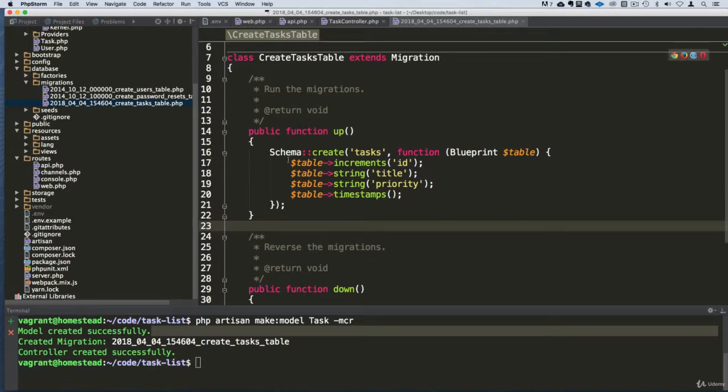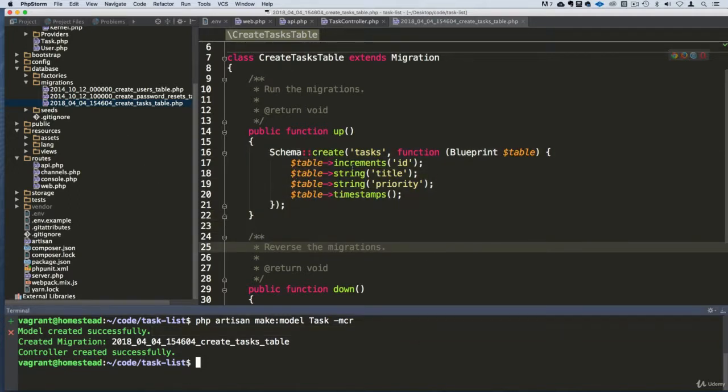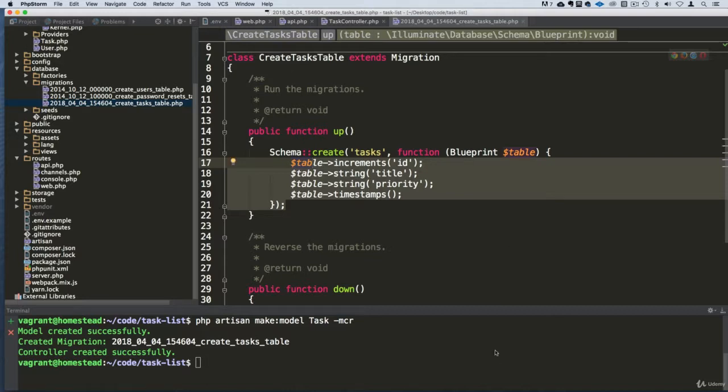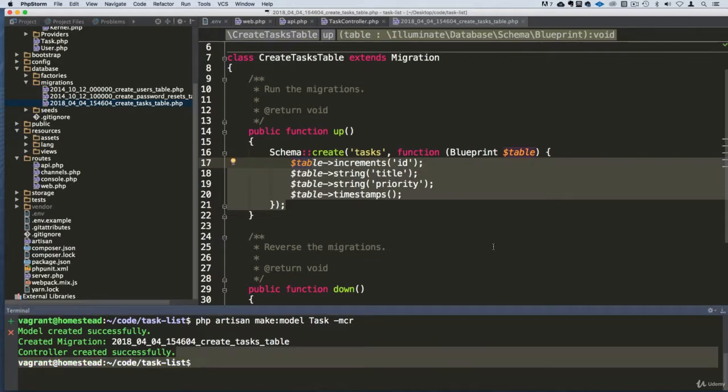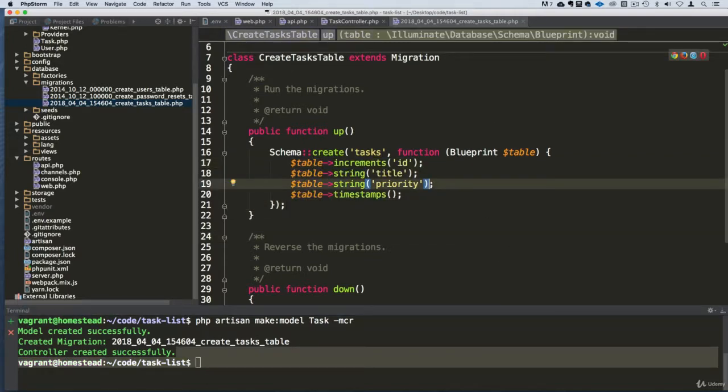So anyway, we have this very simple migration here and this table definition. Right now, what we need to do is make sure that this priority field is nullable, just in case something happens and we don't have a priority for that specific